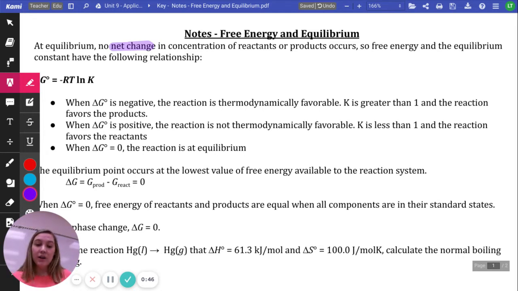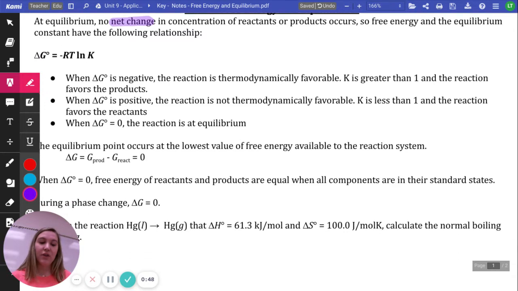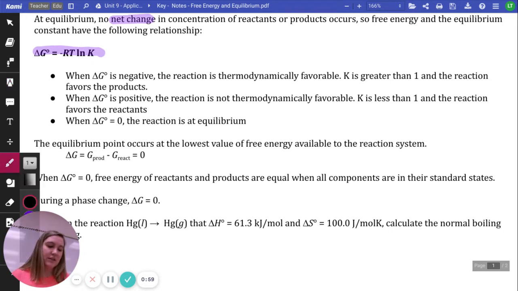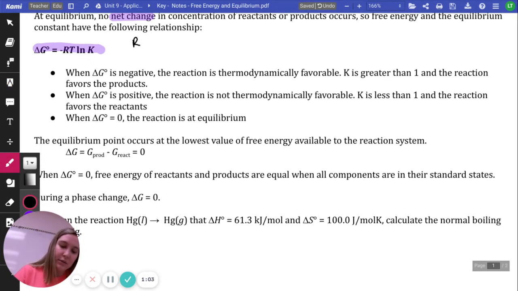So what does that mean for free energy? It's going to have the following relationship: delta G is equal to negative RT times the natural log of K. And R, if you remember, is our gas constant, and it is found on your periodic table under the gases, liquids, and solids section. The R value we are going to use is 8.314